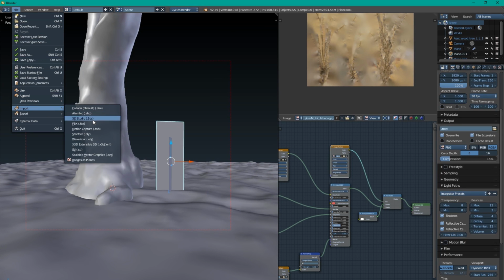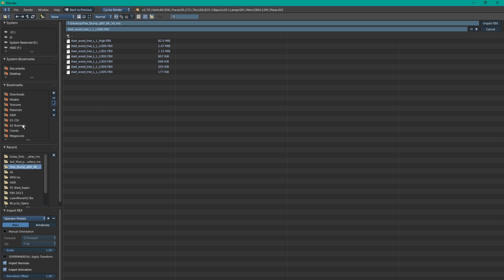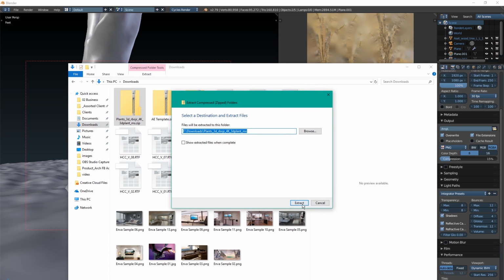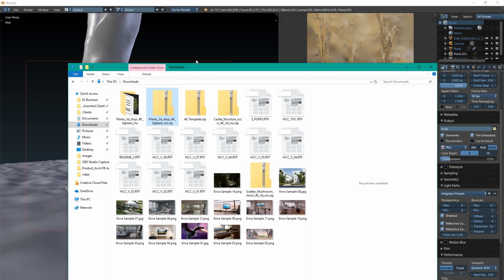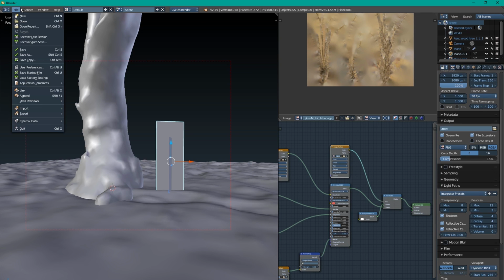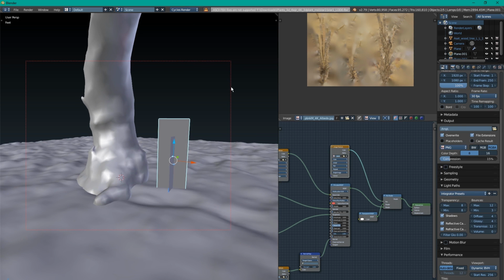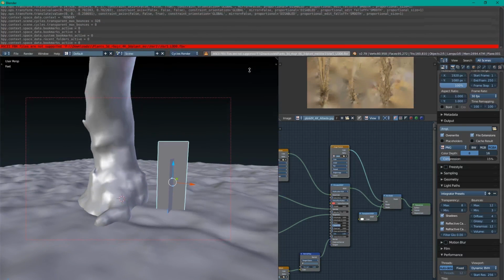I'll just import that mesh real quick because that's also going to be, you know, 3D. Oh, silly me. I have to extract it first. Okay, now. Oh, and they've got a couple variations of it too, which is nice. So let's just go into the first variation, pull out the LOD 0. Okay, here's a fun problem you might run into. Every now and then you'll get an FBX where it says ASCII